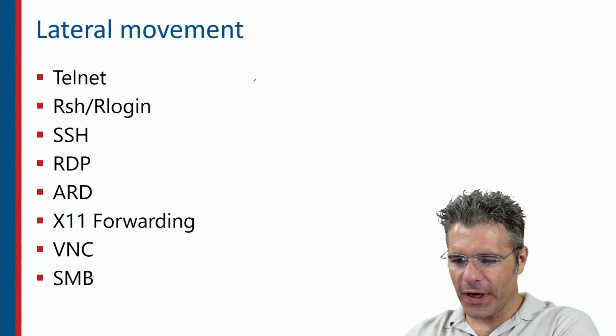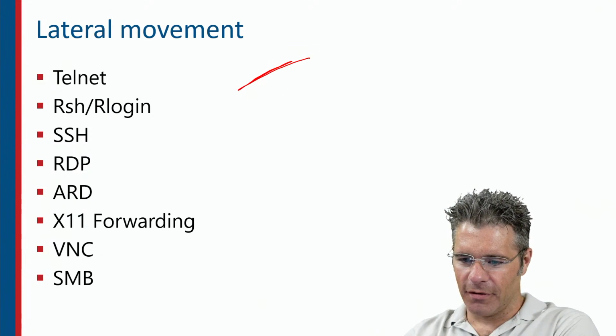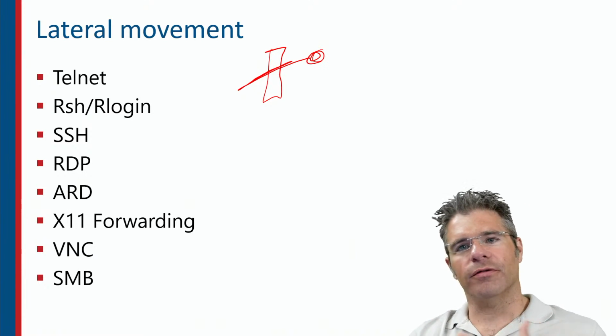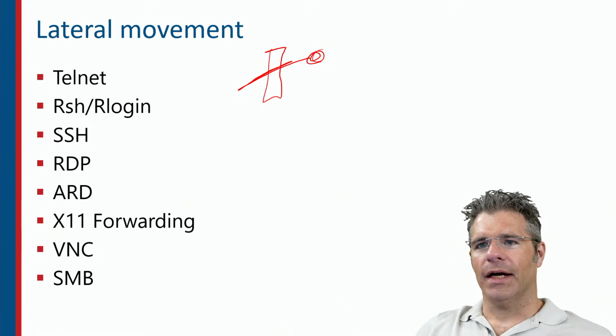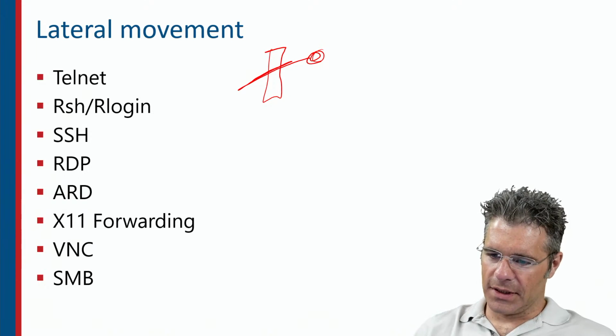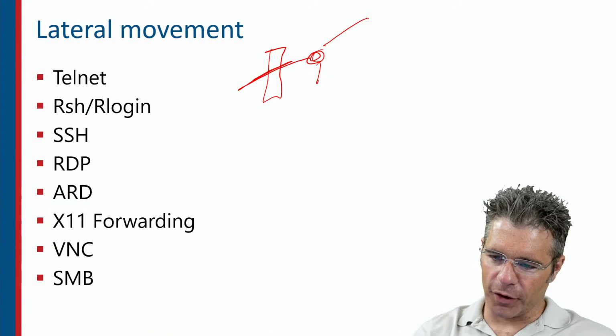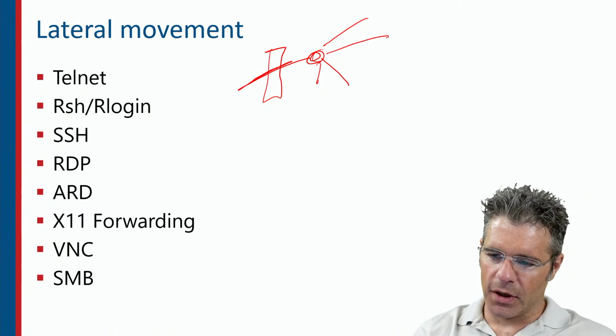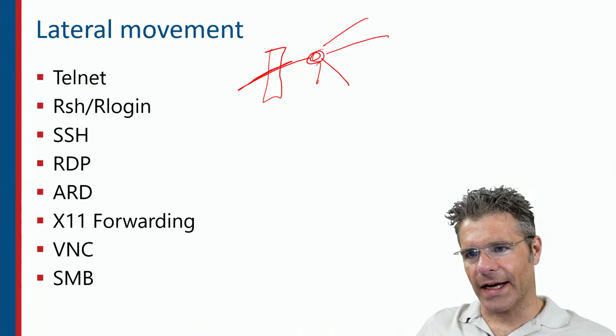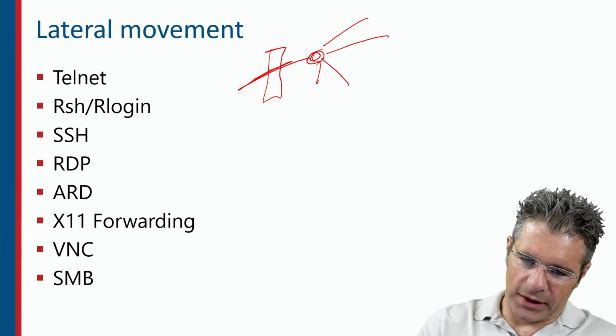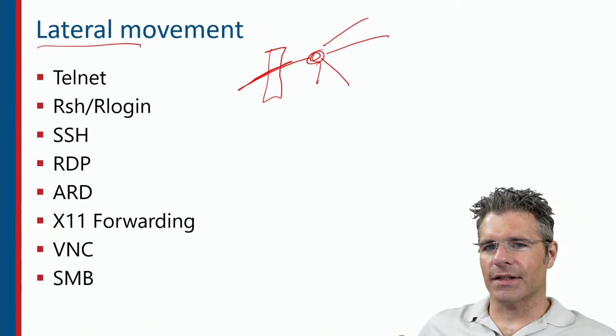So if you've made your way inside of a network, you've bypassed the firewall and you get onto somebody's computer, or you've tricked somebody into running malware and now you have access to them, the time has come to start looking around the network for other systems to compromise from the system that you've gained initial access to. And we usually call it lateral because you're not necessarily moving up the food chain, but just around to other